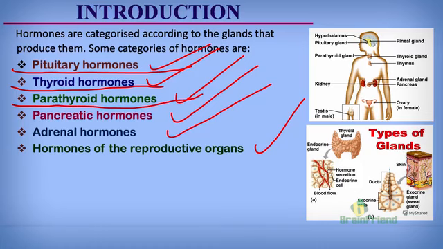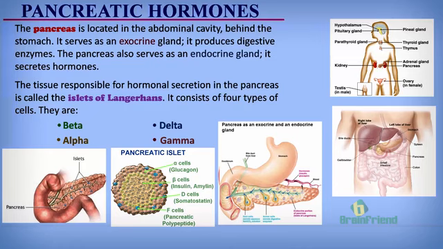Let's take a look at the first one, pancreatic hormones. Pancreatic hormones, as the name implies, are secreted by the pancreas. The pancreas is an organ located in the abdomen. So you have your pancreas in your abdominal cavity. It is found right behind the stomach. So we can see the pancreas behind the stomach. This is the stomach in the abdominal cavity. And if you look closely, you see the pancreas lying behind the stomach. If you lift the stomach, you will find the pancreas very clear.